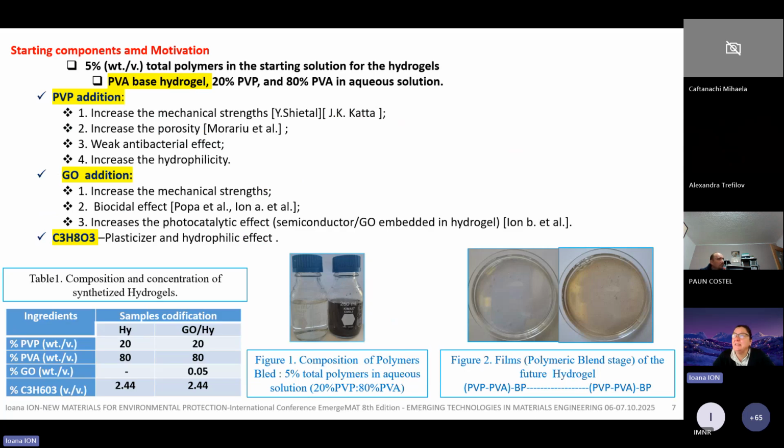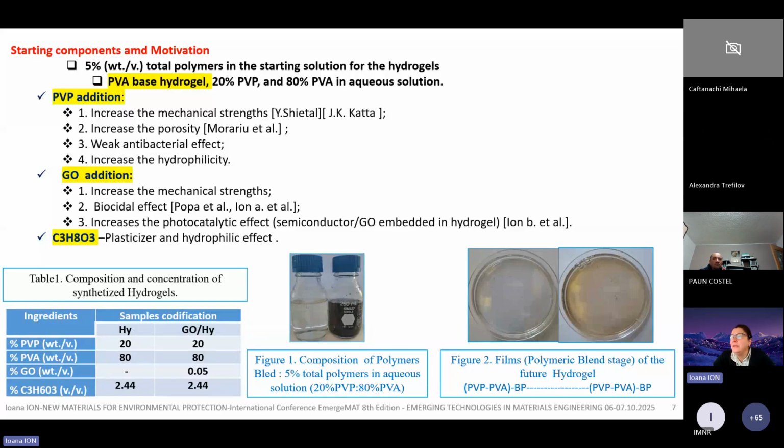Why am I using this? I'm using 20% of PVA because in the literature we know that addition of PVA increases the mechanical strength, increases the porosity, presents a weak antibacterial effect, and increases